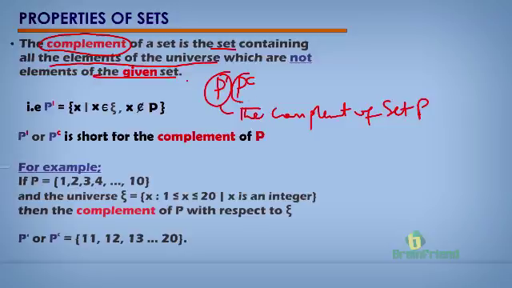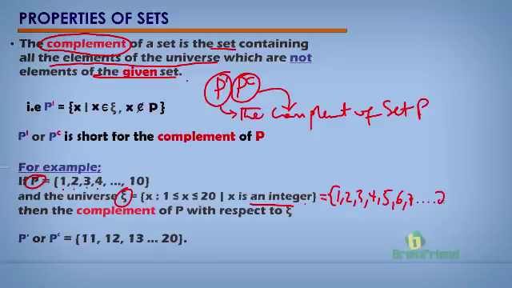Or we may use this method to also denote the complement of the set P. Let's take a typical example. If P is the set that has numbers 1, 2, 3, 4, 5, 6, 7, 8, 9, and 10, while we have a universe that has set X such that X ranges from 1 to 20, and X of course is an integer. If we listed all of the elements of X, we'll have 1, 2, 3, 4, 5, 6,